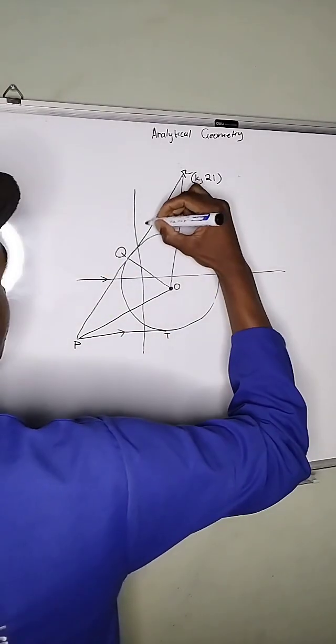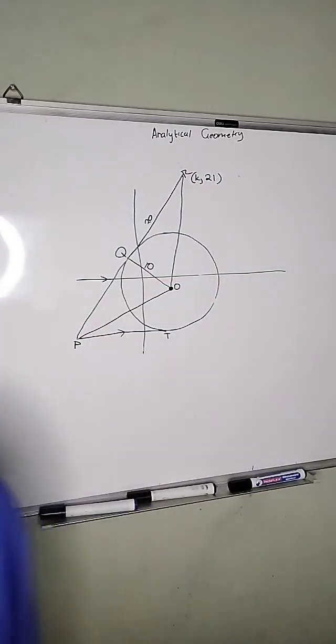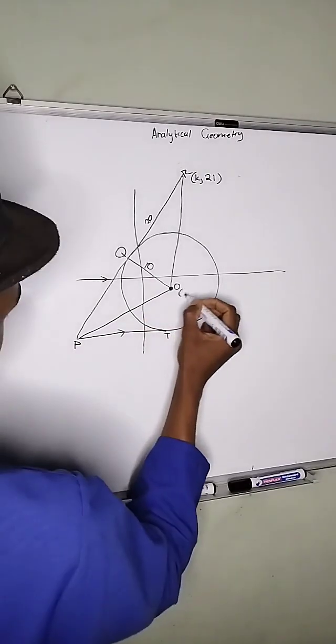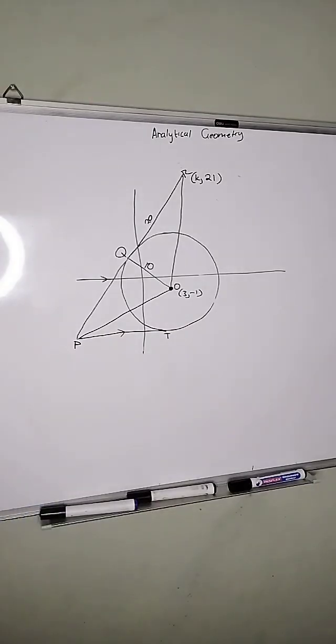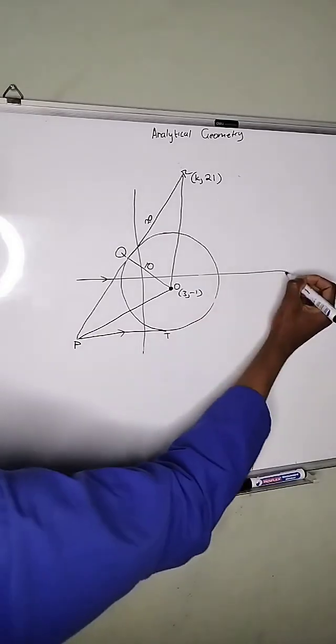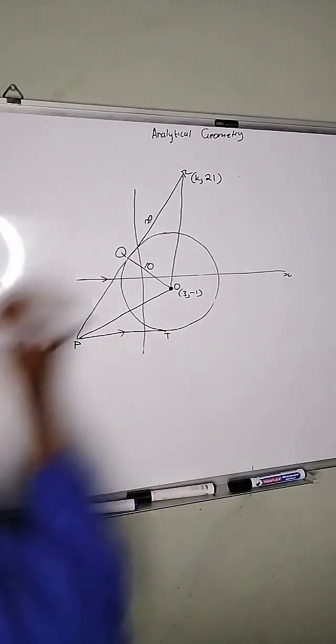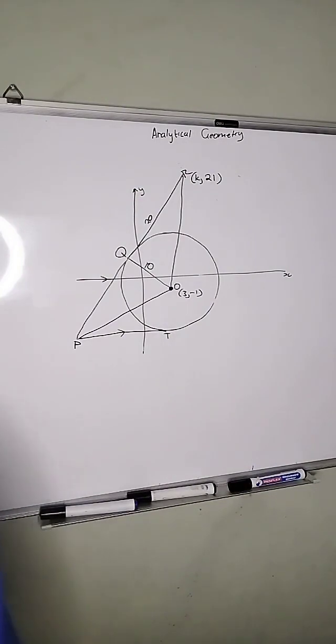And this is 2, 0. And this is 1, 0. And this is 3, -1. This is P, parallel to the X plane and the Y plane. Yeah. So guys,